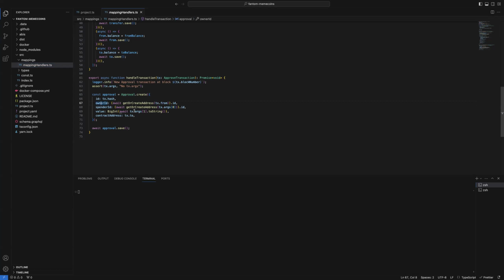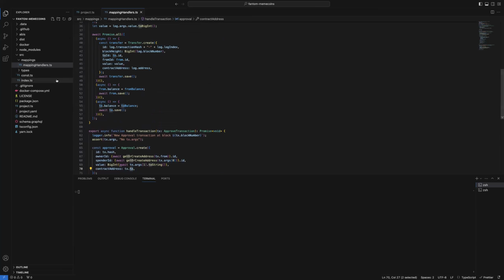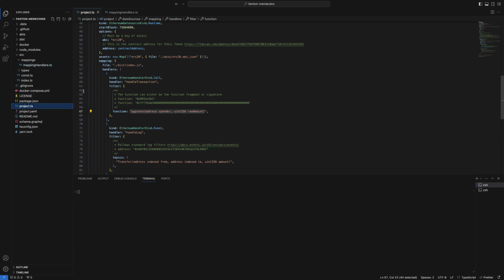For owner ID, we are just taking the from object from the transaction. Same for spender. For value, we're taking the second argument of the transaction. And for contract address, we're taking the to object. So that's for the transaction handler.